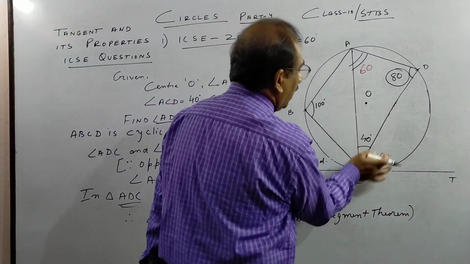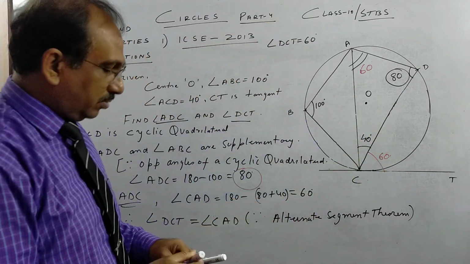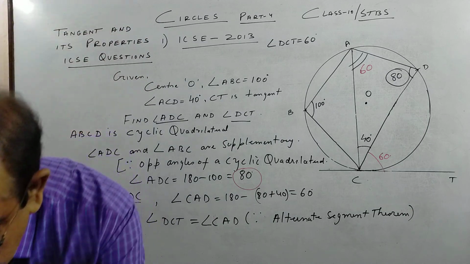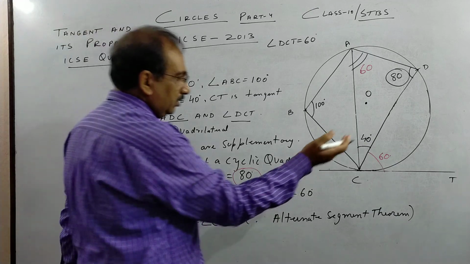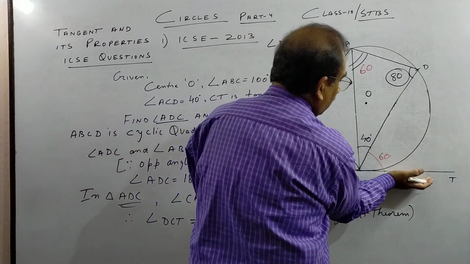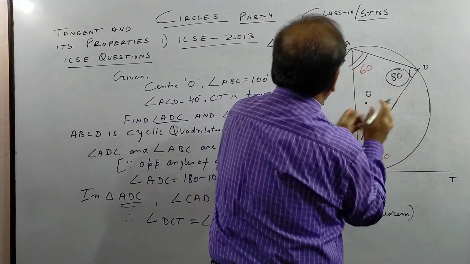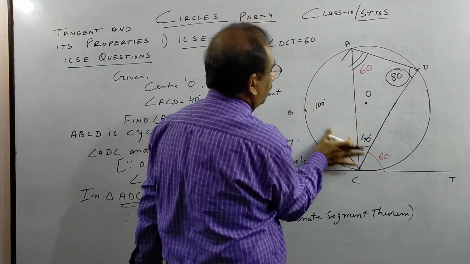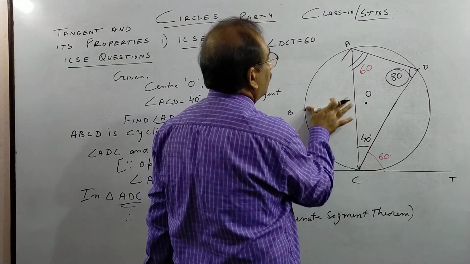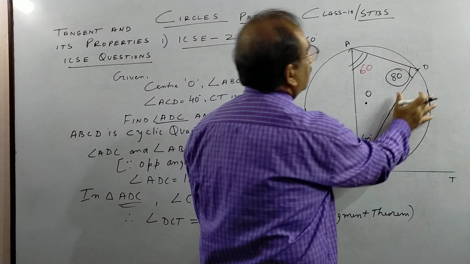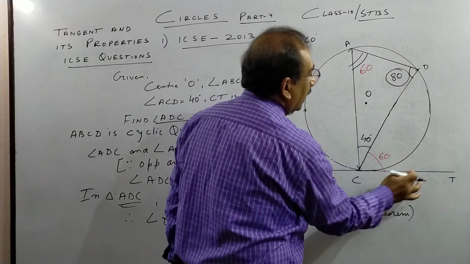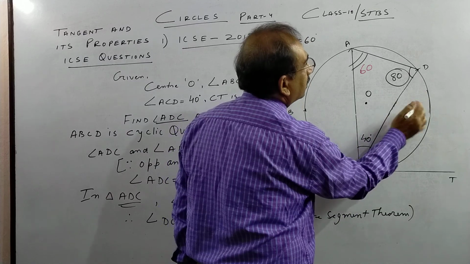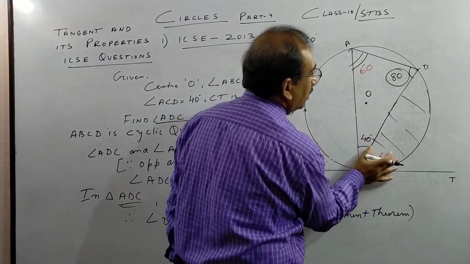Now see why they are equal one last time before I go to the next sum. Okay, let us see. This is a tangent, so this is a chord. So what I am doing, I told you I'll rub this to make you understand this theorem. So I am rubbing this part. So this is minor segment, this is major segment. Okay, so this tangent with chord makes an angle in the minor segment of 60 degrees.